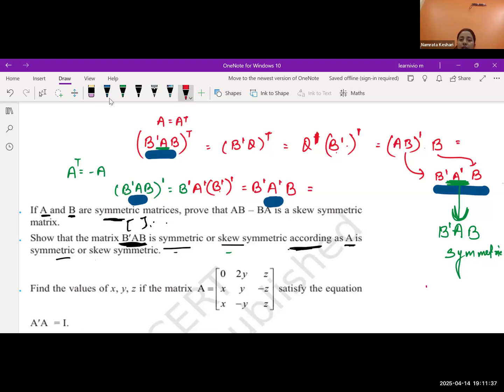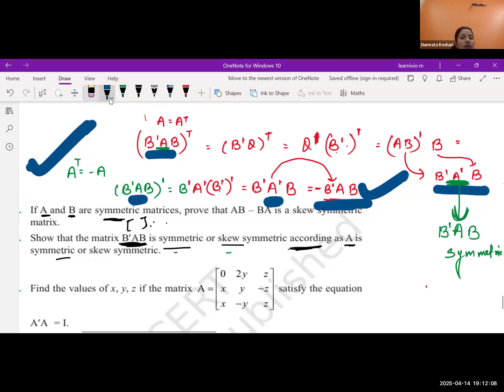अगर ये जो A transpose है वो विल गिव अस माइनस A, A transpose के प्लेस पे अगर हमने माइनस A लिखा, और बेसिकली जब हमें माइनस लिखना है, मल्टीप्लीकेशन हम कर रहे हैं, दैट माइनस वी कैन राइट इन एट द फ्रंट, राइट? सो वी आर गेटिंग दिस। अब हमें क्लियरली दिख रहा है जहाँ से हमने स्टार्ट किया था और जो हमारे पास है अभी, दिस इज स्क्यू सिमेट्रिक। अगर A स्क्यू सिमेट्रिक था तो हमारा रिजल्ट भी स्क्यू सिमेट्रिक निकल के आ रहा है। ओके, क्लियर? लेट्स मूव।